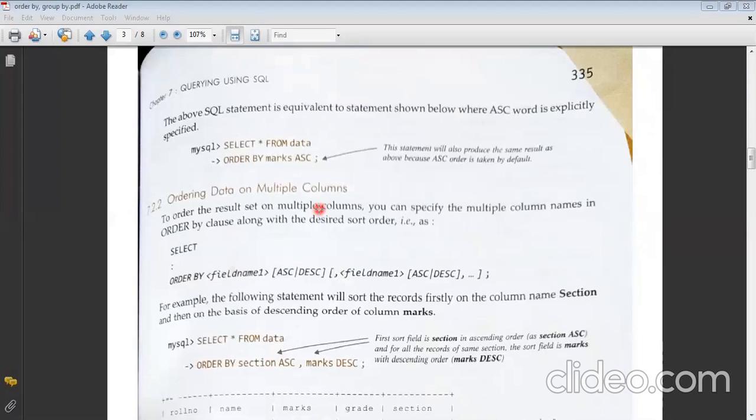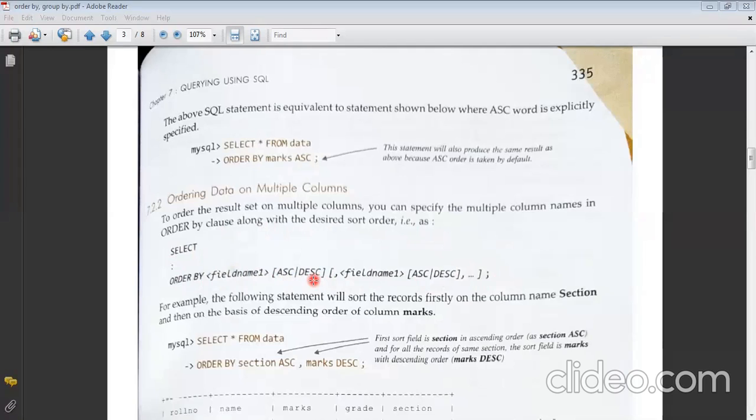To order the result set on multiple columns, you can specify multiple column names in the order by clause along with the desired sort order. That is, select whatever column names from table, where condition, and then the order by clause with field name 1 ascending or descending, then field name 2 ascending or descending, and as many more fields as you want, with a semicolon terminator at the end. So this is the syntax if you want more than one column in the order by clause.